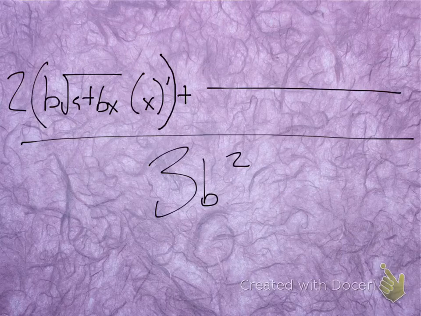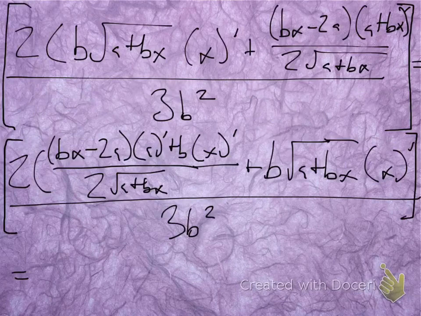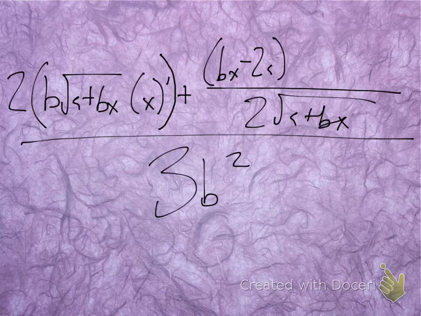Another lovely rational, but the bottom of this rational should just be 2 times rad a plus bx. I think. Yep. And then on the top, we're going to have our bx minus 2a, I believe. So, yeah. Bx minus 2a times